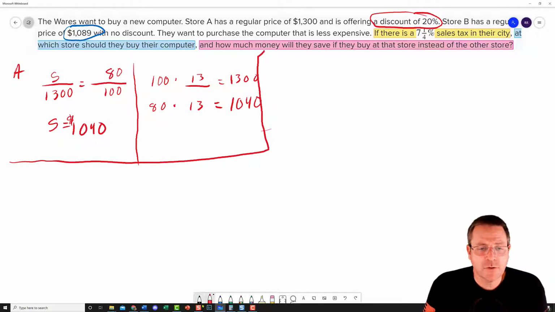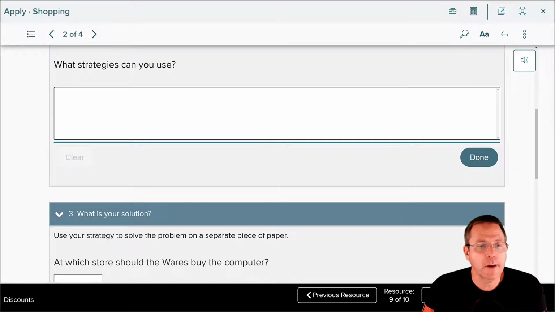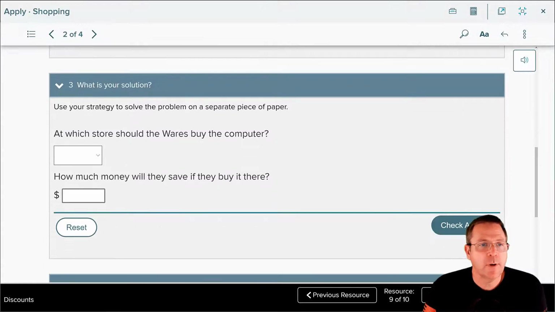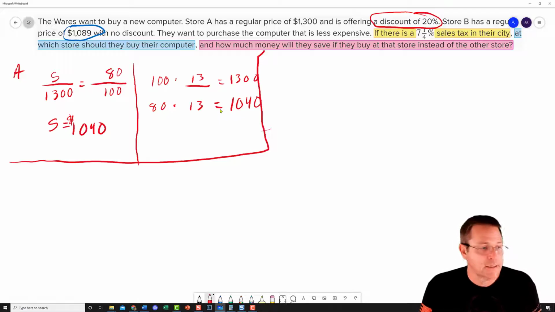That only answers the first part of the question, which we can go ahead and put in here right now, which one's going to have the better deal. Well, the better deal is going to be store A. But we still need to find out how much money we're going to save. And to find that out, we're going to have to incorporate some sales tax, and that's where things are going